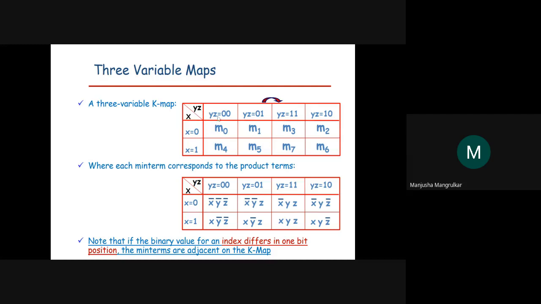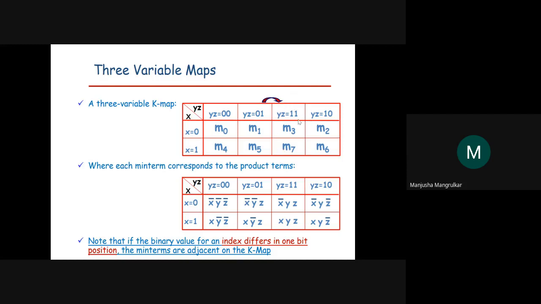Now here y z, y z, y z, y z, here x and x, right? Now here 0 0 0, m0 m1, here comes m2 and m3. This is the fundamental concept of the KMAP. This you have to keep in mind, right?